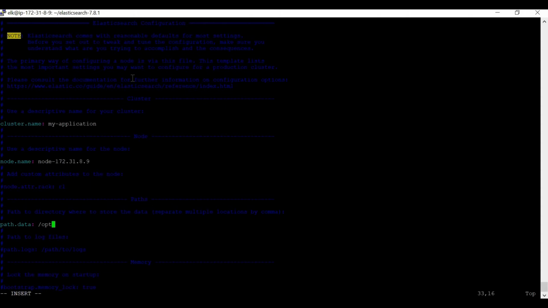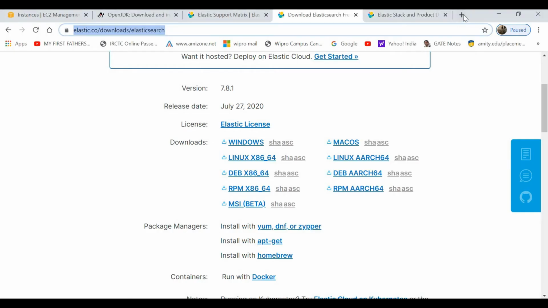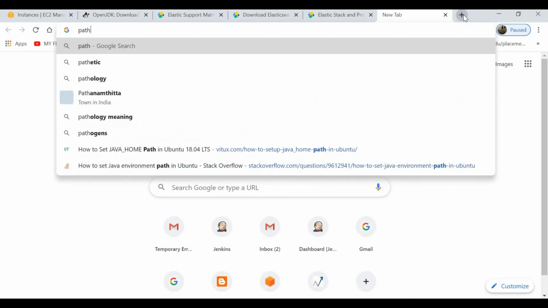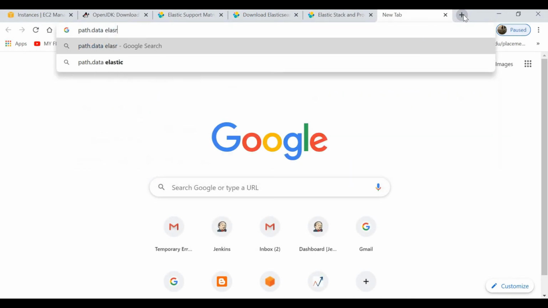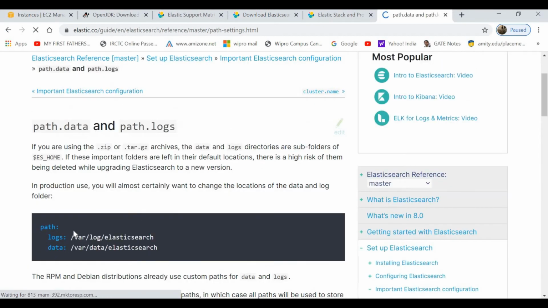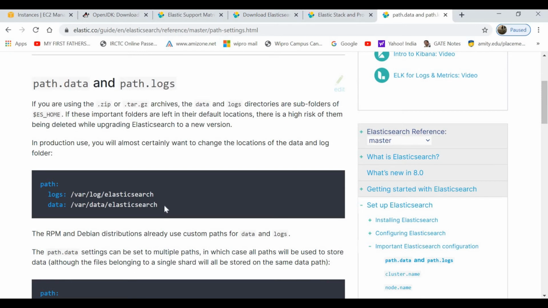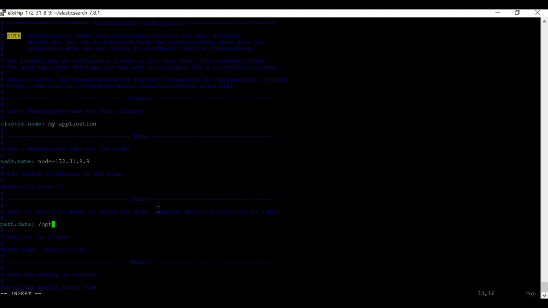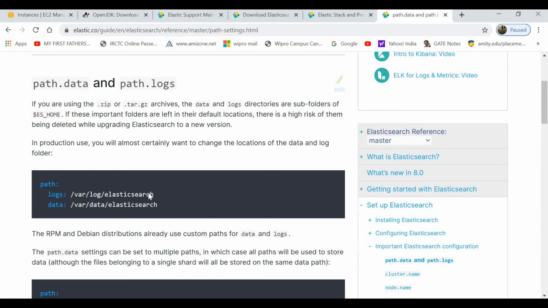If you don't give any path.data, I'll show you the default value for it. This is the default value for it. Var data Elasticsearch. If I hash it out, then these are the values that will be placed: var log Elasticsearch and var log data. So all my logs will be getting stored over here, and data will be getting stored over here.